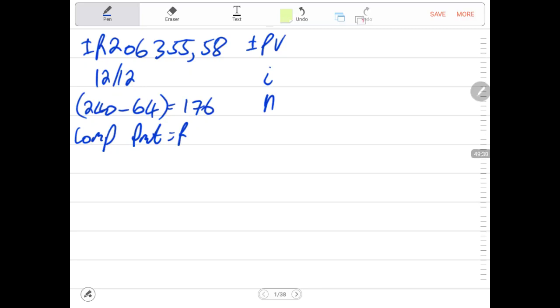That is plus minus present value. 12 divided by 12 is our I. 176 is N. Then we calculate PMT, which amounts to 2,496.91. With that, guys, you've been wonderful, and it's very important to master the dynamics of this question and the one that I did, where there are missed payments, where there is a change in the interest rate,